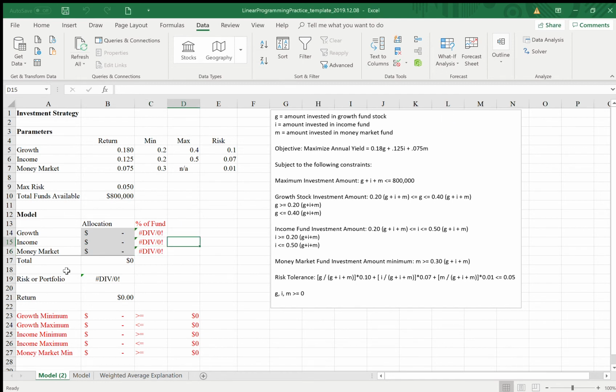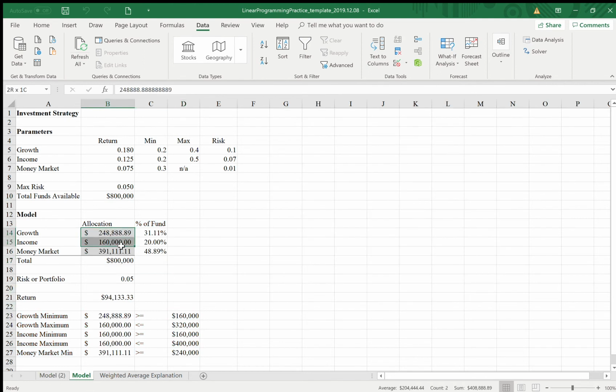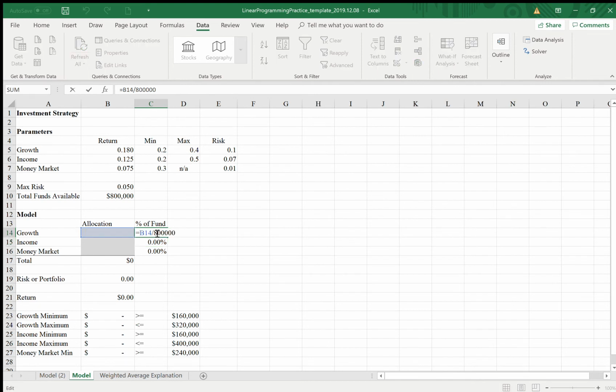Now, in order to get around this, what I did was anytime a total is referenced, I just say 800,000, because overall, in order to maximize your return, you should spend every bit of money you get. So it references the total as 800,000 rather than risk having Solver see a total of 0, because it's a valid test according to Solver. Since I know that the overall investment fund is going to be $800,000,